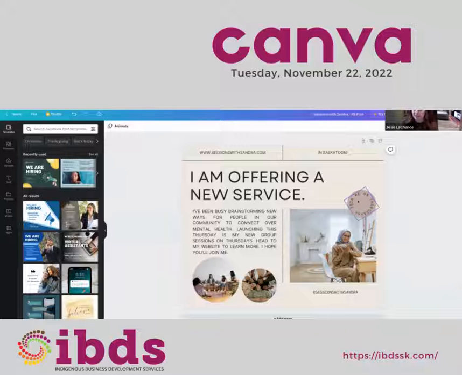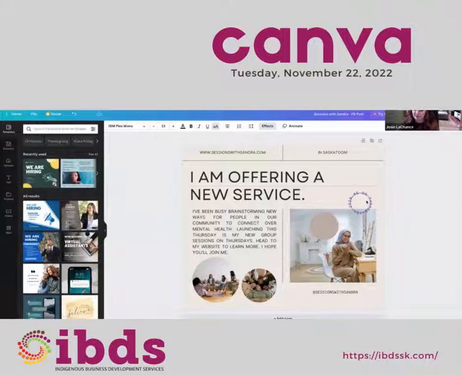Same with this thing here where it says join me on Thursday in a little circle. This is separate. So say I wanted to move this down. Well, now I have to move both parts, and then it's harder to get them back. You've already done the work to get them perfect.